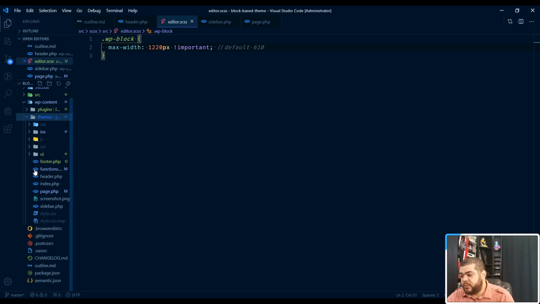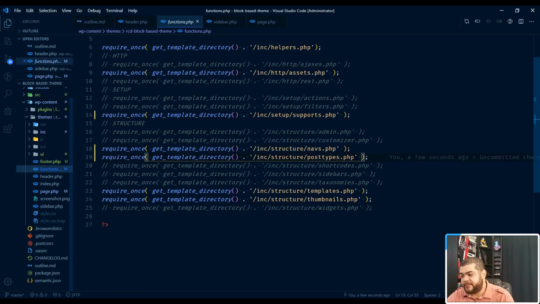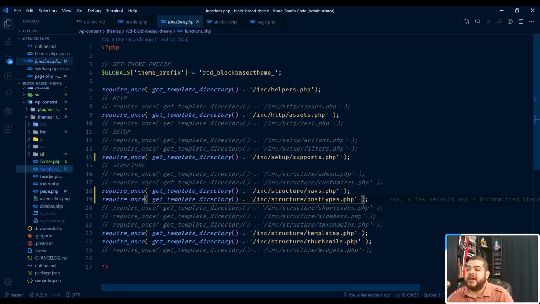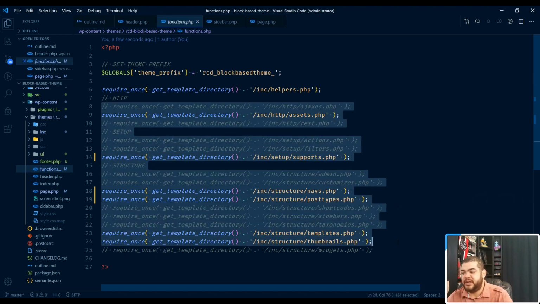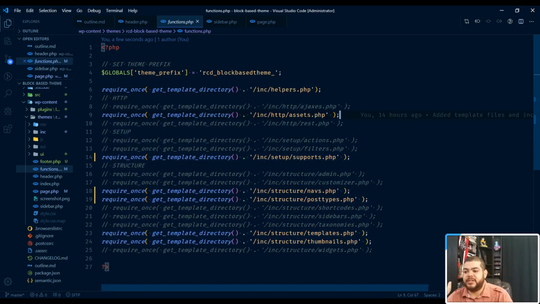So in the theme, we're going to just take a look at the functions file. This functions file is set up in a way where we're going to just be including all the different files that we end up needing. There's some boilerplate stuff in here, but I like to set it up in this way, and then as I'm adding new code, I can make sure that it's structured, right? So I've put all my actions in an actions file, I put all the filters in a filters file, I put all the supports in a supports file,